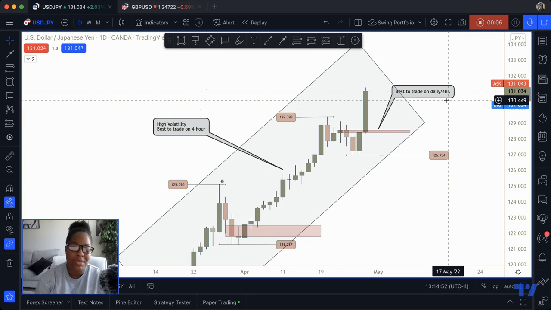So we're going to be talking about USDJPY analysis. I want to take you guys step by step with me on this analysis, what I'm thinking about, and the next potential play out for a currency pair. Okay, now